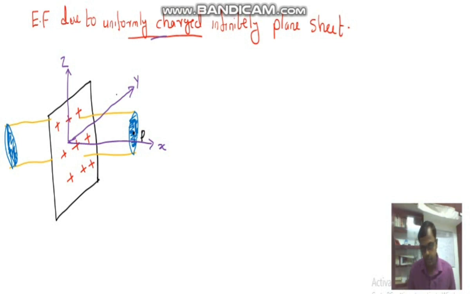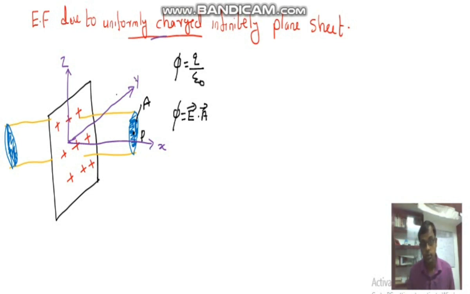In order to find the electric field at the point P, we have to apply Gauss's theorem. What is Gauss's theorem? Phi is equal to Q divided by epsilon naught. To find the flux, we already know the formula: flux phi is equal to E dot delta S, or you can write E dot A, where A is the area. Say it as this shaded area, A, not delta, just A.